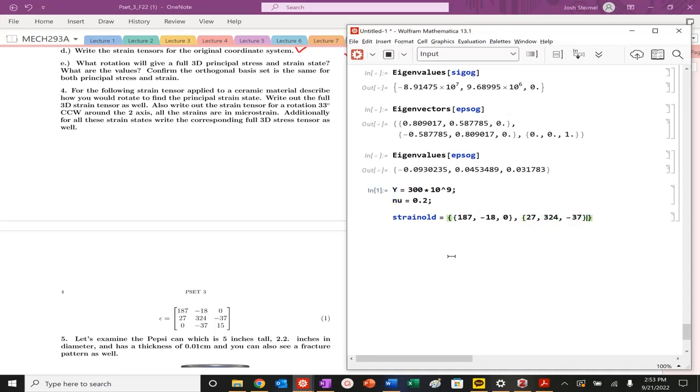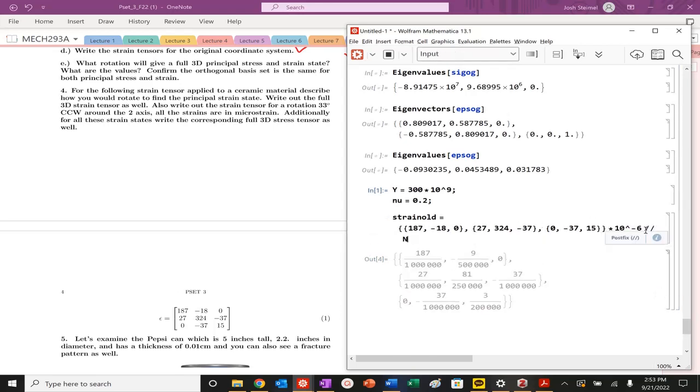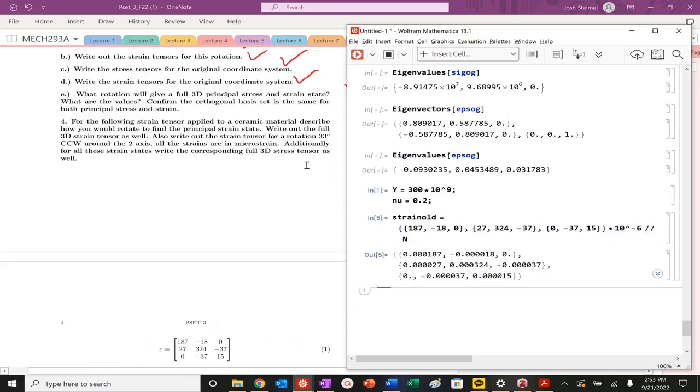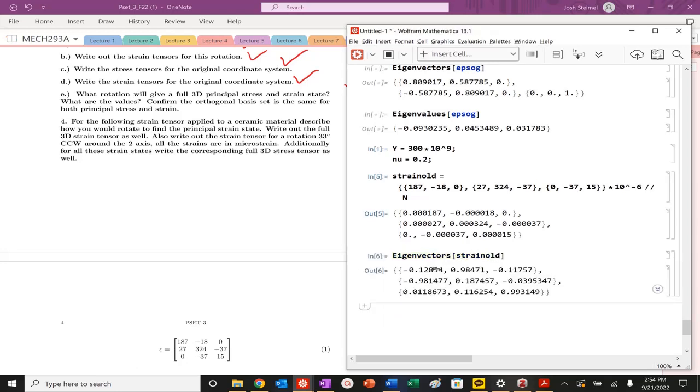Define our strain, the strain old. So 107, minus 18, 0, 27, 324, minus 37, 0, minus 37, 15. And we got it. Times 10 to the minus 6. Make sure that we're working with that there. Excellent. So 3D strain tensor. So we got the old strain